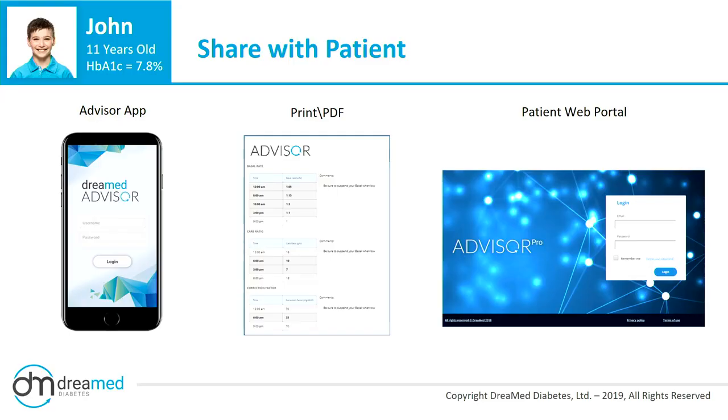How do you share the recommendation with your patient? So we have provided 3 ways of doing that. Number 1, we have an app. So once you approve the report, the patient can get it remotely through our Advisor app. Number 2, if he sits in front of you, you can print it or save it as a PDF and just attach it to your EMR. And number 3, the patient has his own web portal. So once you approve a recommendation, he can get an email, log into his web portal, and just adjust